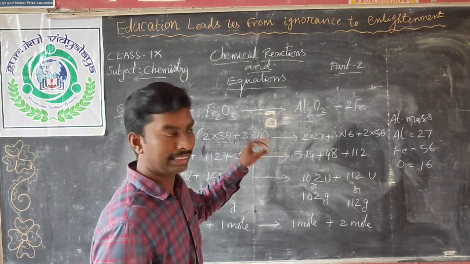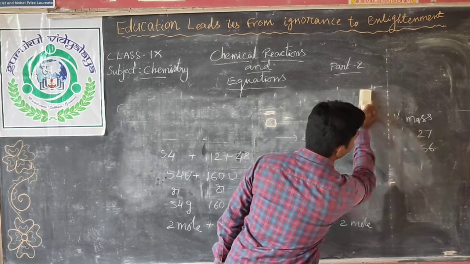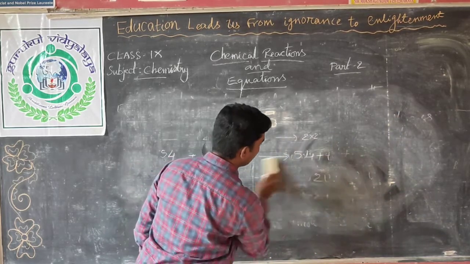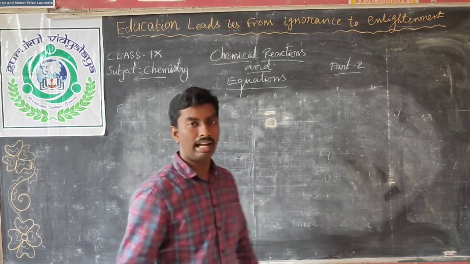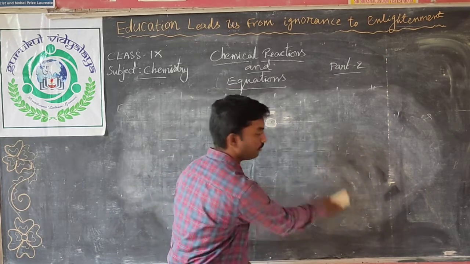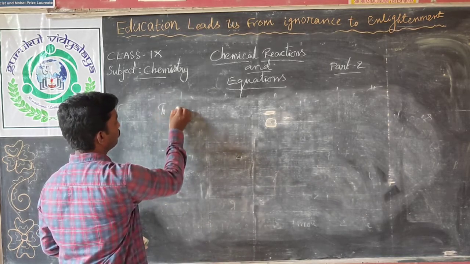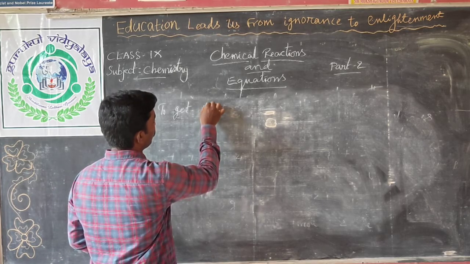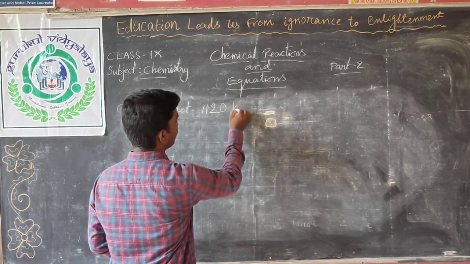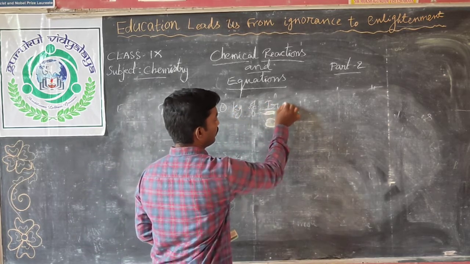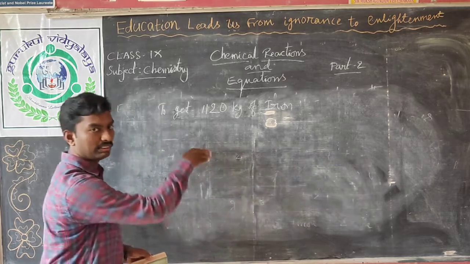So basing on this, let us do one small problem. The problem is, suppose you are given aluminum as a metal and want to get iron. How can you calculate how much aluminum is required? For example, to get 1120 kg of iron, how much aluminum is required? To calculate that, according to the previous equation,